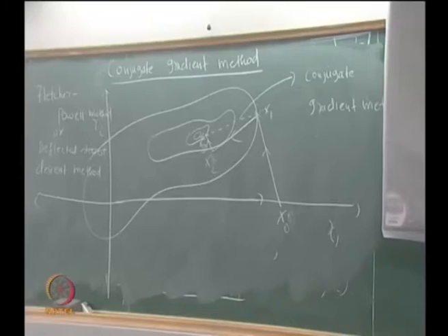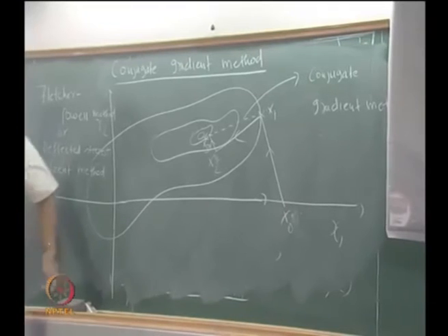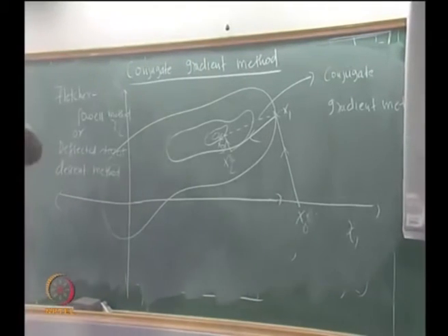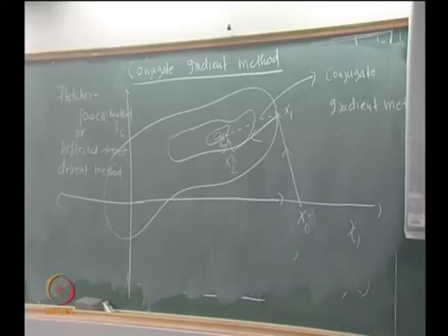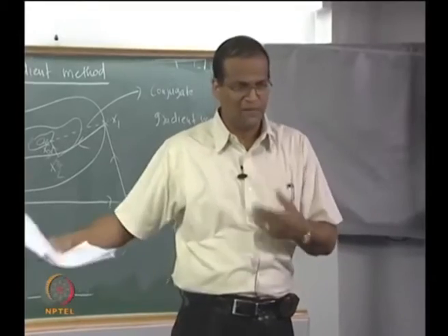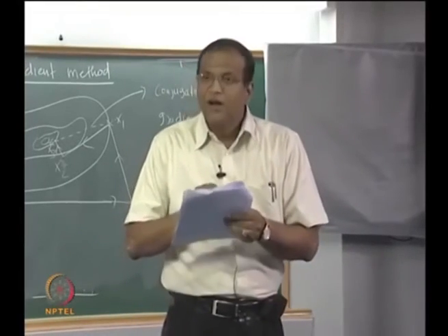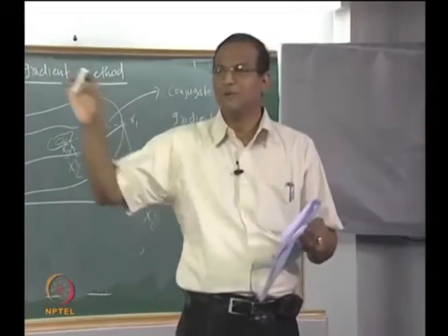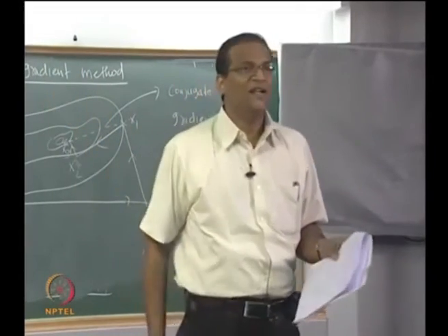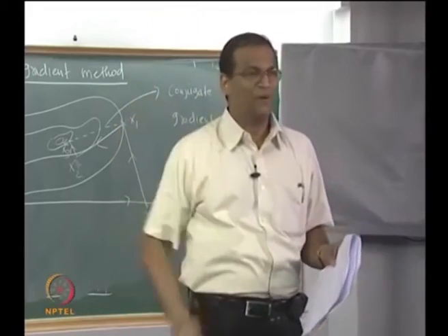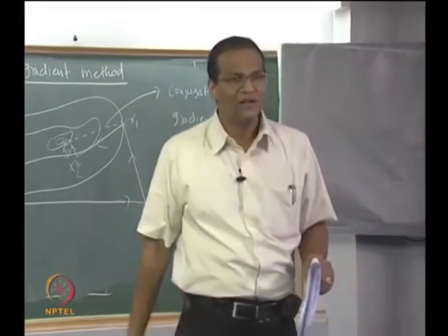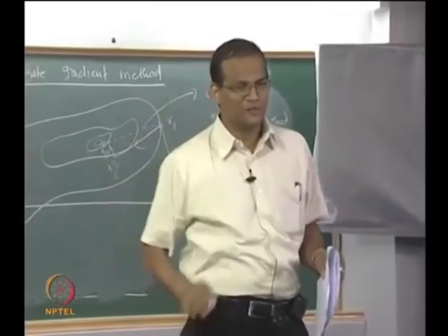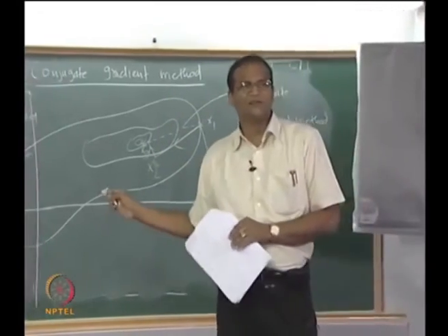Suppose I write a paper where I have solved a heat transfer problem with genetic algorithm, simulated annealing, and I am getting this advantage. Genetic algorithm is blah blah blah, it mimics the process of nature. I write my story. Reviewers say, how does it compare with the conjugate gradient method? Can you demonstrate with a simple problem that it is better than conjugate gradient in terms of memory requirement, in terms of speed? How does it perform with respect to the conjugate gradient method? It is some sort of a benchmark.